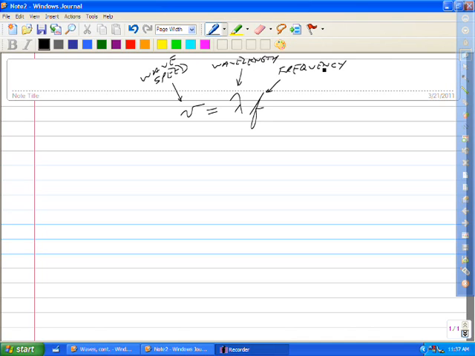That's true of any wave. In this example, we are talking about a sound wave, and so we can find the speed of sound if we know something